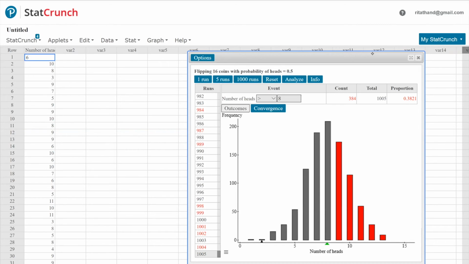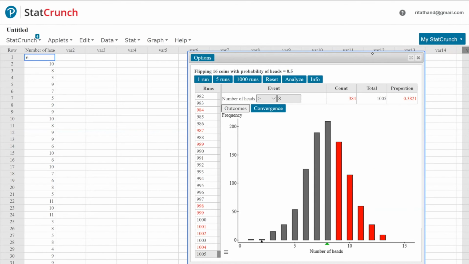We guess that we get 8 heads out of 16 times in theory. Well, in practice, if we flip it 1,000 times, you do get 8 heads most of the time. The mode of this distribution is actually 8, and you can see that the distribution is symmetric, and the mean number of heads that you get is around